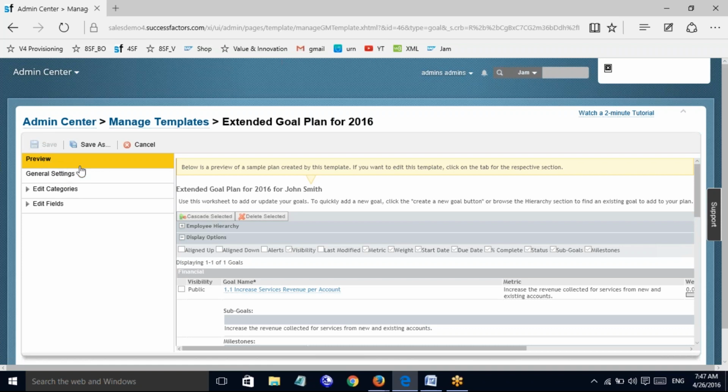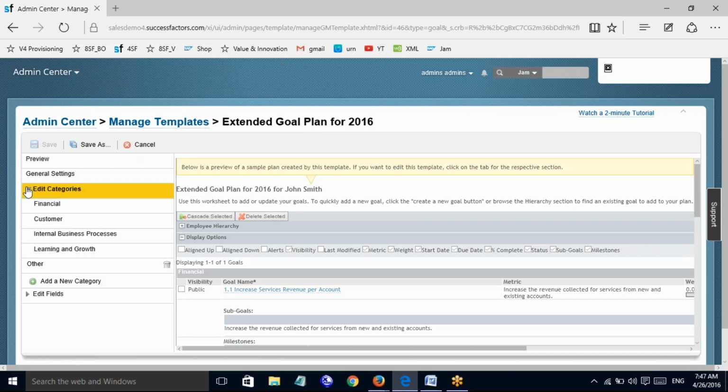It is highlighted. This is the preview of your extended goal plan for 2016, which you copied from your success store. As I said, this extended goal plan has multiple categories. What are the categories? Look here very carefully: edit categories. Financial is one category, customer is one category, business process is one category, and learning and growth is one category.